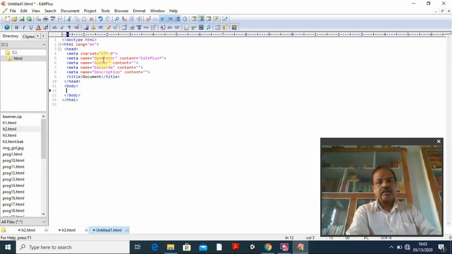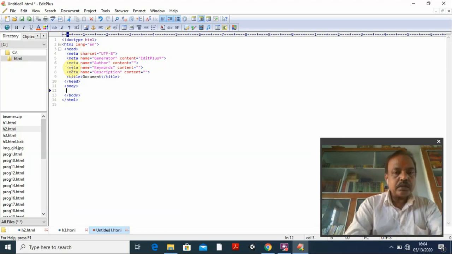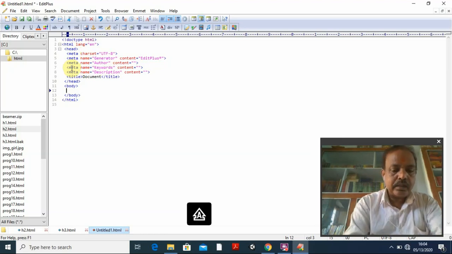This will be there by default, because when I use HTML5 this is required. Similarly for the remaining three or four lines, because I am using Edit Plus, they are written by default. Even if you don't write these lines, it will run and show the same output. But because the software I am using writes them, they are there.